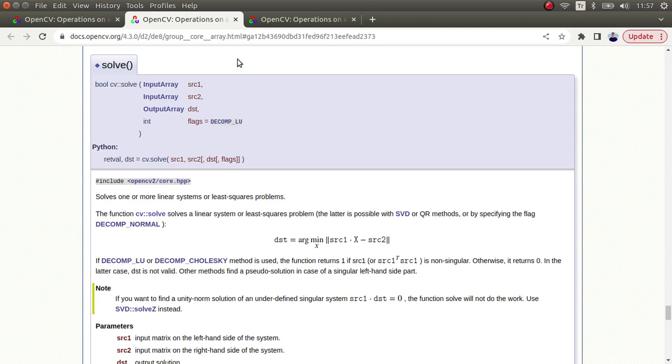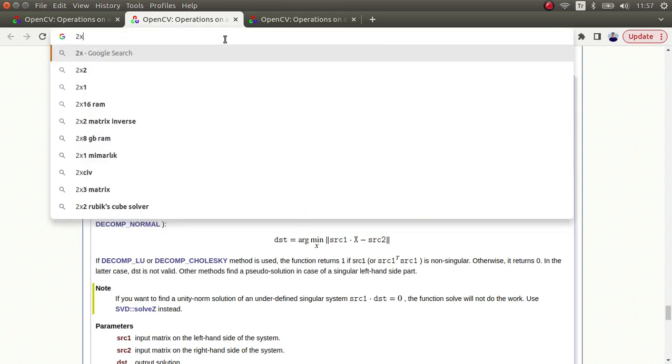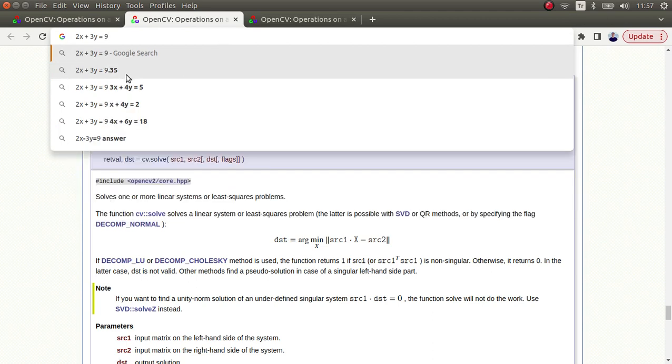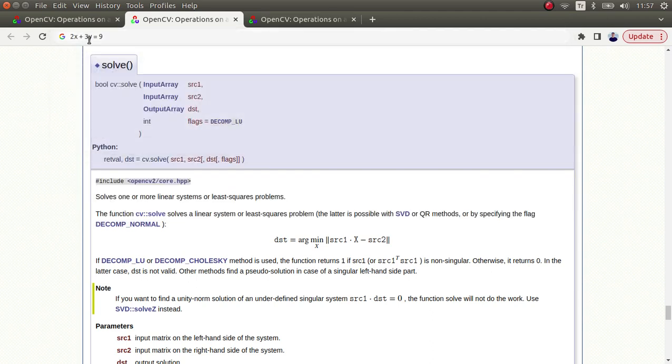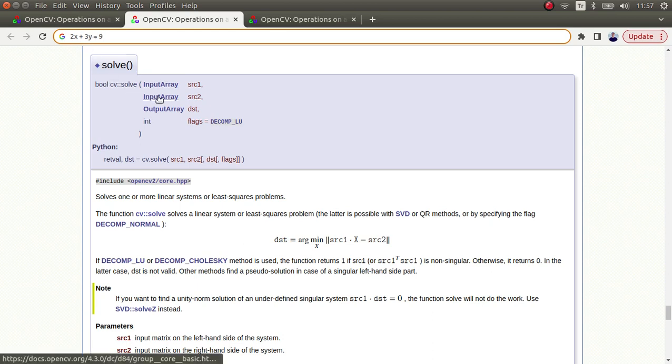solve function. What I mean is, let's say 2x plus 3y is equal to, let's say, 9. From math you know how to get this x and y. You need, of course, one more equation similar to this one. So with two equations you can get the x and y values. In a similar way, you are going to give these two equations to this solve function and it's going to give you